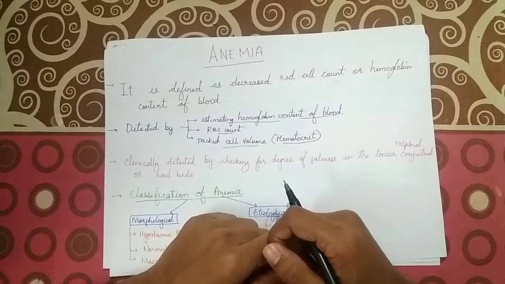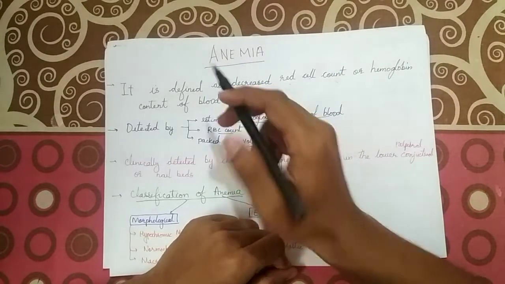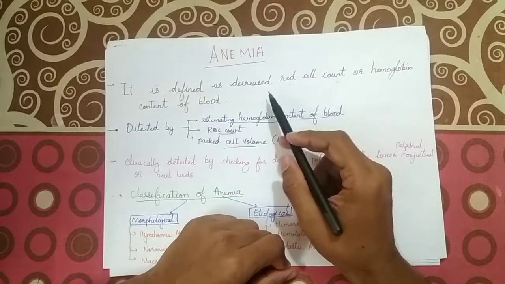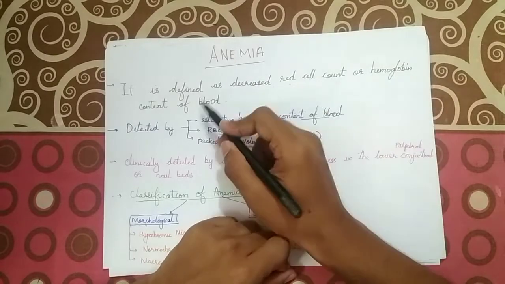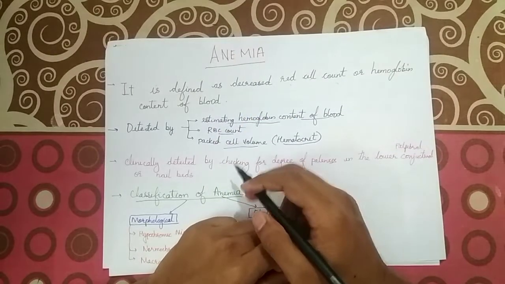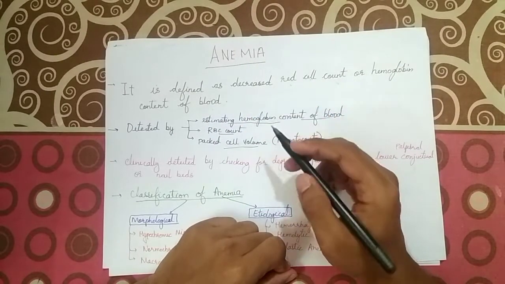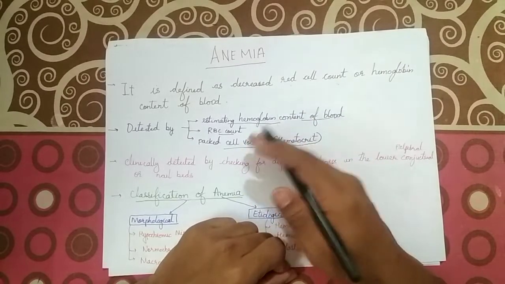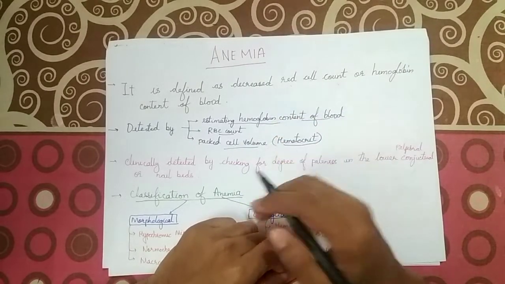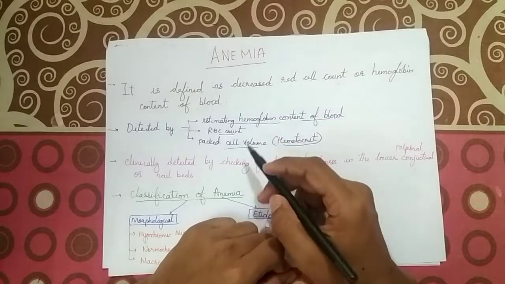Today I will be talking about the topic anemia. Anemia can be basically defined as the decreased red cell count or hemoglobin content of blood. It can occur due to many causes like iron deficiency, sickle cell anemia, blood loss, aplastic anemia and many more